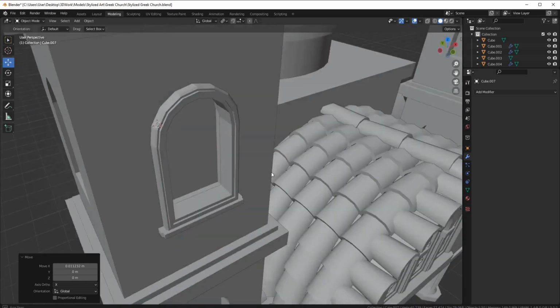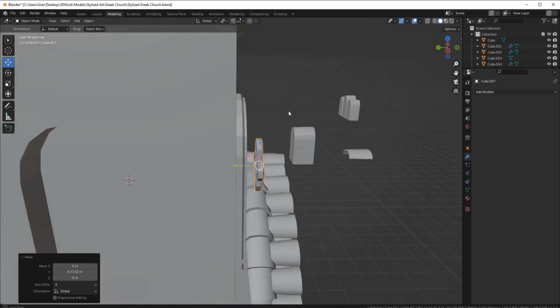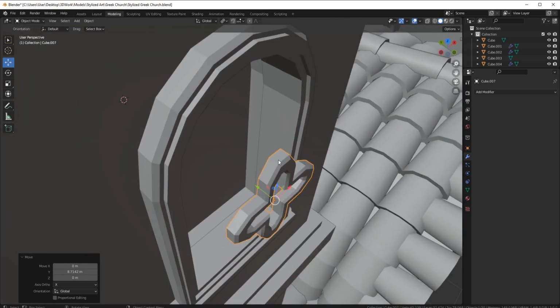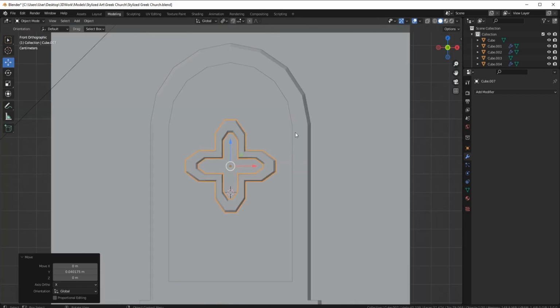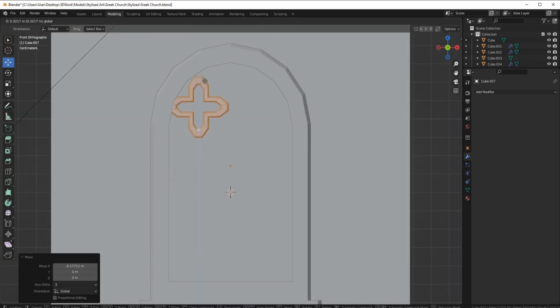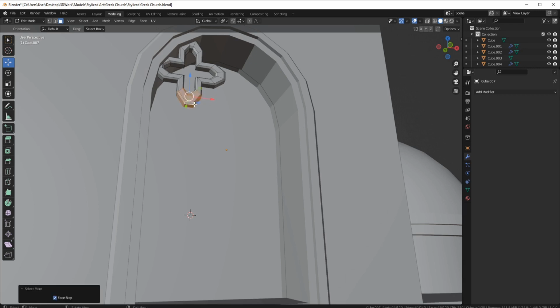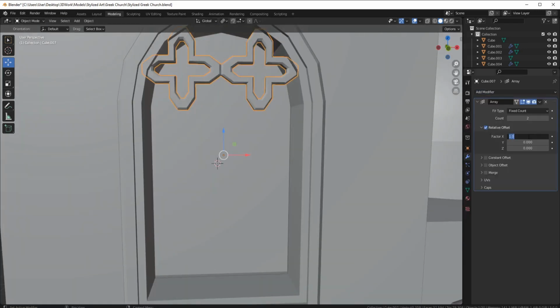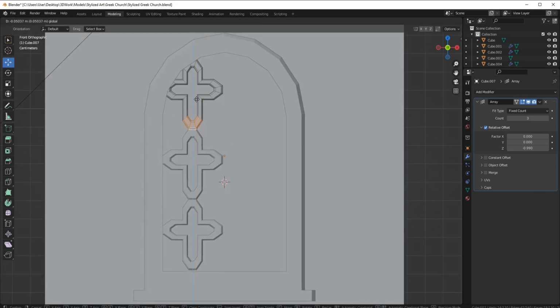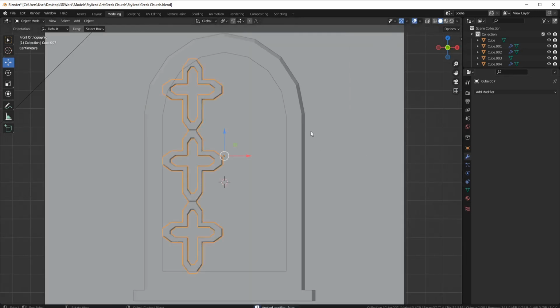Alright, so let's see if the crosses fit in them or not, and at the moment it's not, so obviously we need 2 of them. You can see again I'm going to use the array because it's going to make it a lot easier. I already know they fit sideways, so now I'm just fitting them downwards, and then you can see